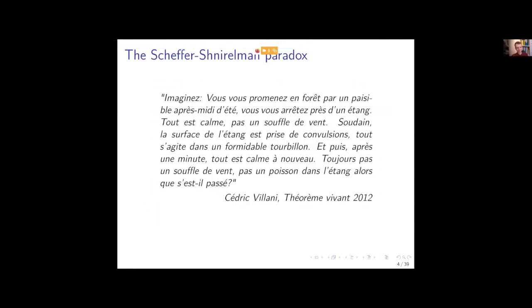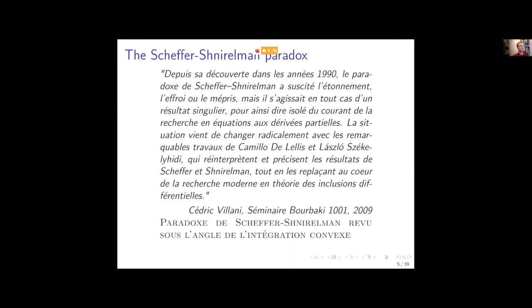So what he's describing here in French is the very interesting fact that, and we will see this in technical detail afterwards, it is possible that you have a pond which is completely still, water is not moving, and suddenly, out of nowhere, there's a huge wave, a lot of water starts moving, and then, again, you have no water moving after like 10 seconds. So it's a very interesting effect.